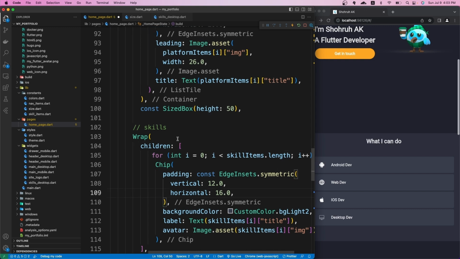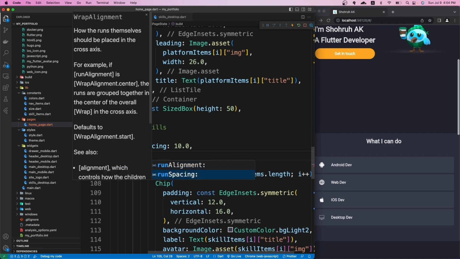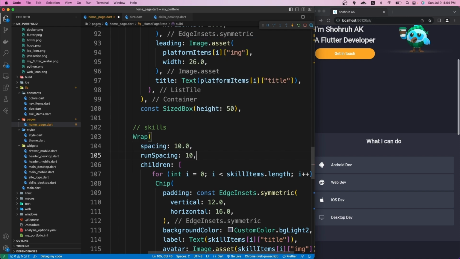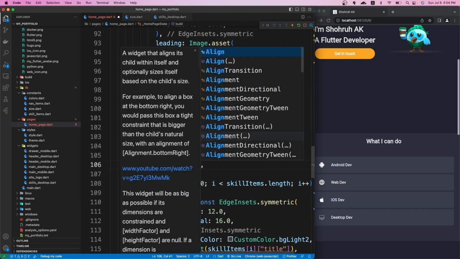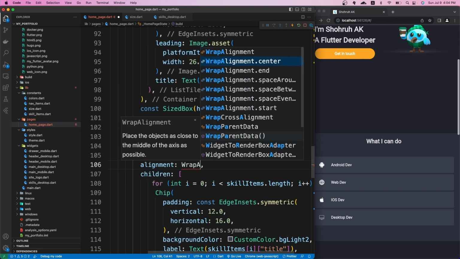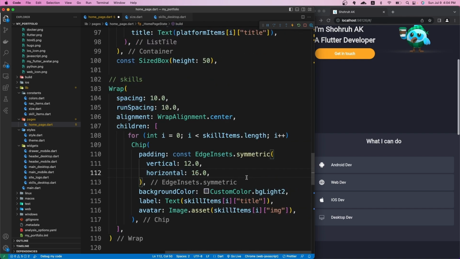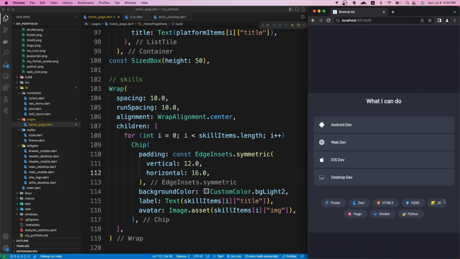All right, and we want to give this wrap some spacing as well. For the spacing, that will be pretty much the same, 10. All right, and for the run spacing, that will be 10. All right, okay, let's make it double. And the last one, I want to align it as alignment. Oops, not alignment. We want to use WrapAlignment.center. All right, now if we save it, if we come down, you can see we have our skills and this